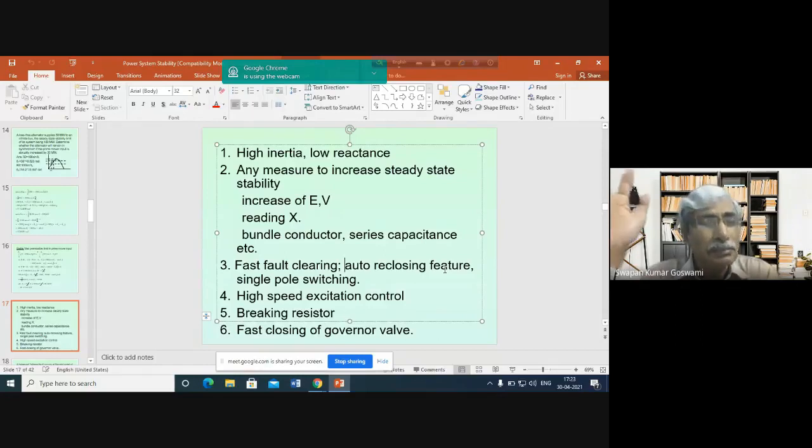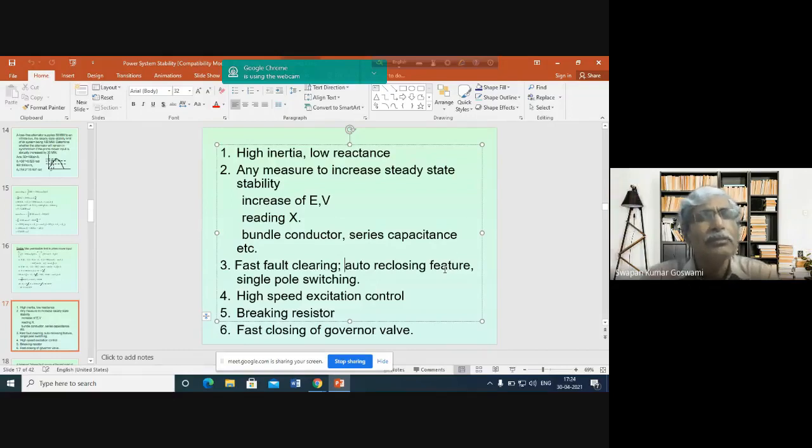But this re-establishment of the power flow path is possible if the circuit breaker has this auto reclosing feature. Means circuit breaker terminals will be open first, it will wait for some time and then again close the contact. And this may help the transmission line to continue to flow power which is coming from the generator. Okay, so if automatic closing circuit breakers are available in the system, sometimes it may be possible to maintain